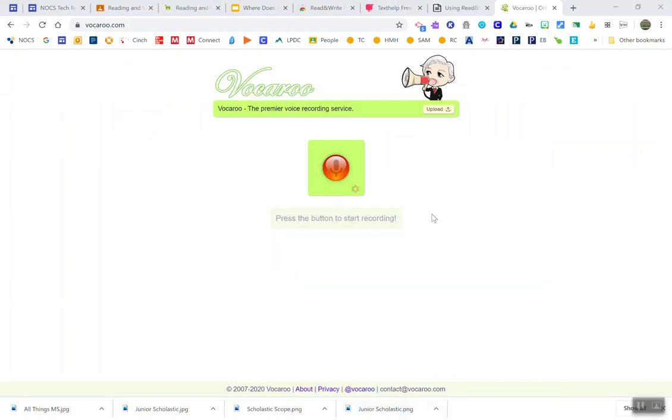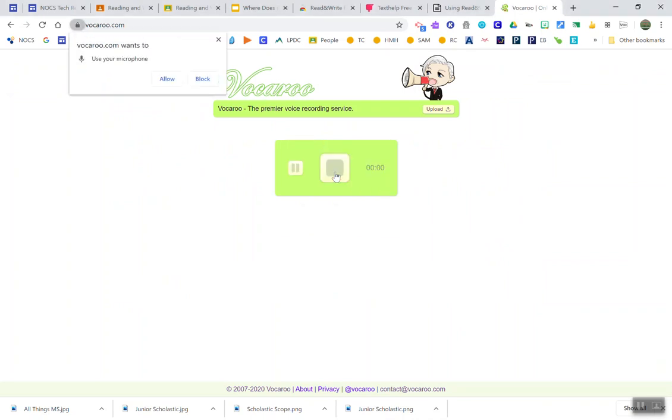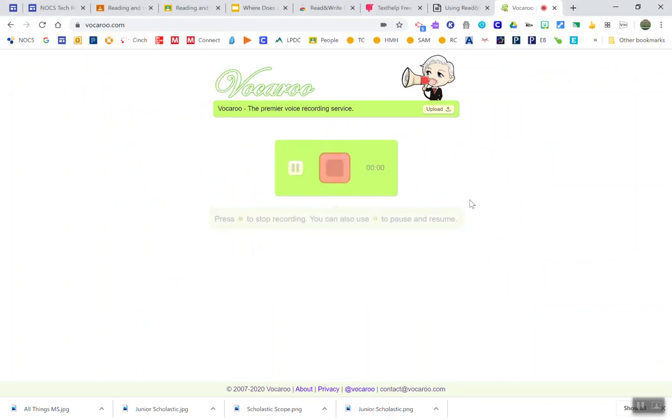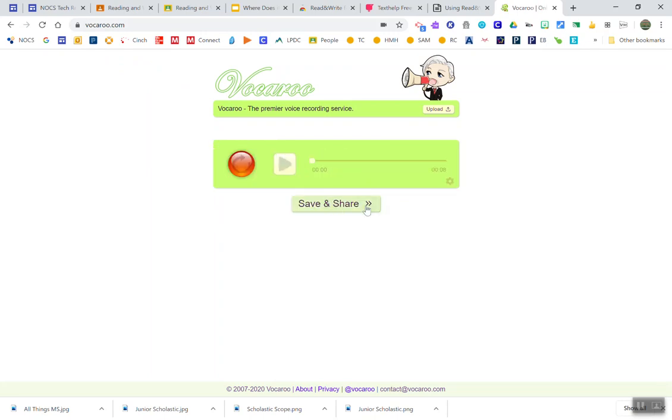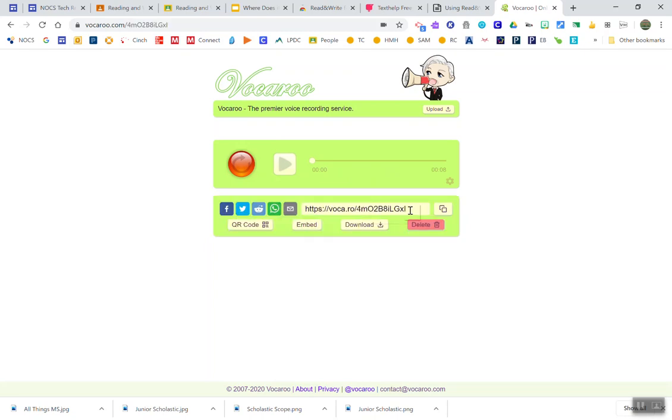My second tool that I want to share for providing audio comments would be Vocaroo. Vocaroo is really easy to use. You simply click on the button, allow your microphone, go ahead and start recording whatever it is you want to say. Once you have that comment done, you hit stop, and then you would save and share. It gives a unique link